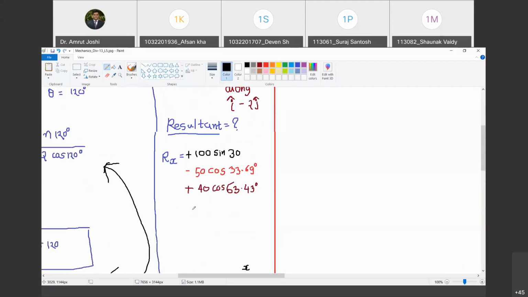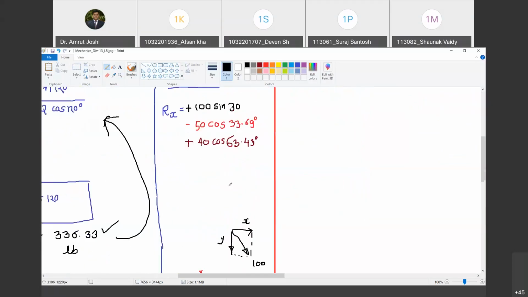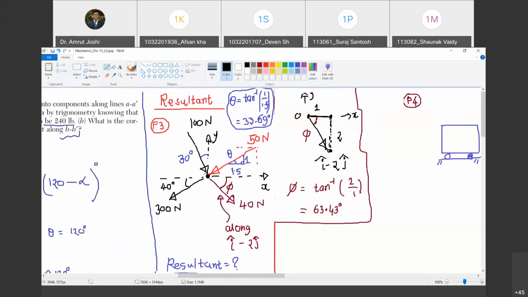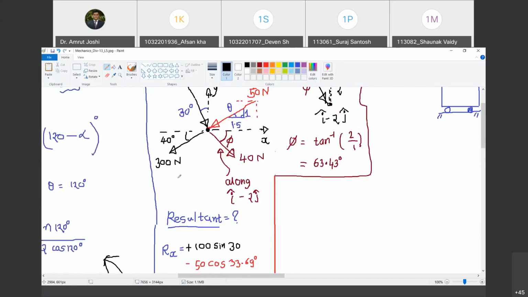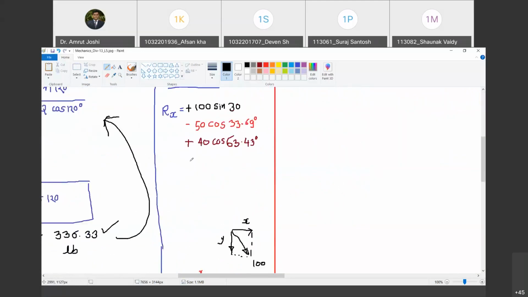So therefore its x component is going to be negative because it is towards left, and the y component is going to be negative because it is downwards. Are you with me? Yes, sir. So what sign should I give? There is a color code. In whichever direction, with whichever color I have shown the force, with the same color I write the component, for understanding. Are you with me? Yes, sir. Unfortunately, this 300 Newton and 100 Newton have the same color, but you understand that now. So minus 300, what should I write? Cos 40 degrees. Cos 40.